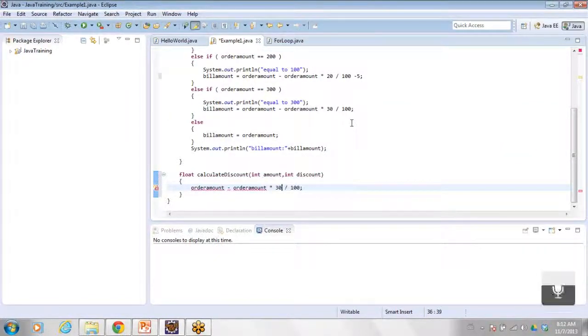So this constant which is getting changed, here I will replace with discount and I will return the result.